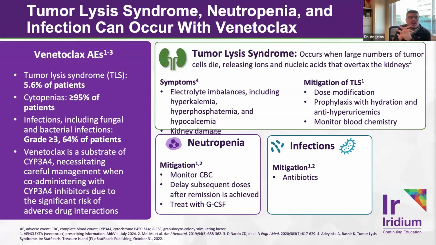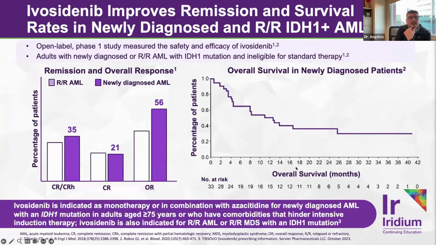And this has to be monitored for either in the inpatient setting or with very close follow-up in the outpatient setting. Cytopenias are also an issue that we run into with combination HMA venetoclax. Oftentimes, what I will still do in my practice is give patients a full cycle of an HMA with venetoclax for 28 days. We will restage the disease to see if patients are in a remission or not. And if they're in a good CR, ideally an MRD negative CR, we will start to drop down the total number of days, not the doses, but the days of venetoclax that's given, in a way to try to mitigate ongoing cytopenias that can obviously cause issues like bleeding and then also increased incidence of infection.